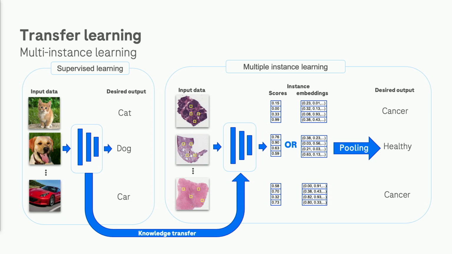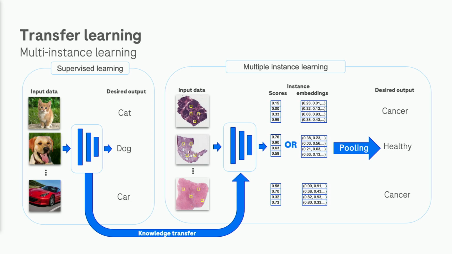So what you usually do is that you cut some patches, some tiles from them, and then you think of your sample, the whole slide image, as a bag of things, a bag of instances. And then each tile is an instance. And the assumption we usually make in this multi-instance learning approach is that even one positive instance can make the whole bag positive. So even if in one little tile there is cancer,